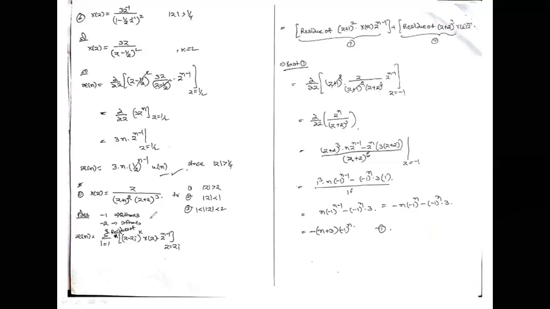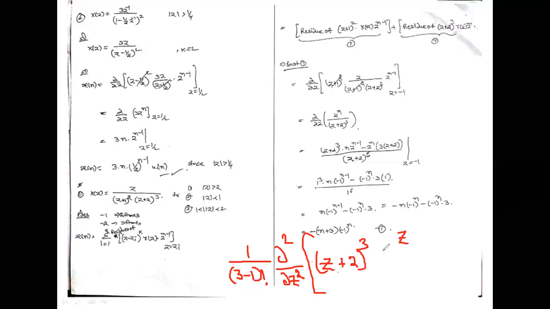What is the second part? Minus 2 is a 3 times pole. 3 times means 1 by k minus 1, nothing but 3 minus 1 whole factorial, and dou k minus 1, 3 minus 1 is dou square by dou z square. z minus zi, where zi is minus 2, z minus of minus 2 is z plus 2, z plus 2 power k is 3 here, and x of z, what is x of z? z by z plus 1 whole square and the z plus 2 whole cube,